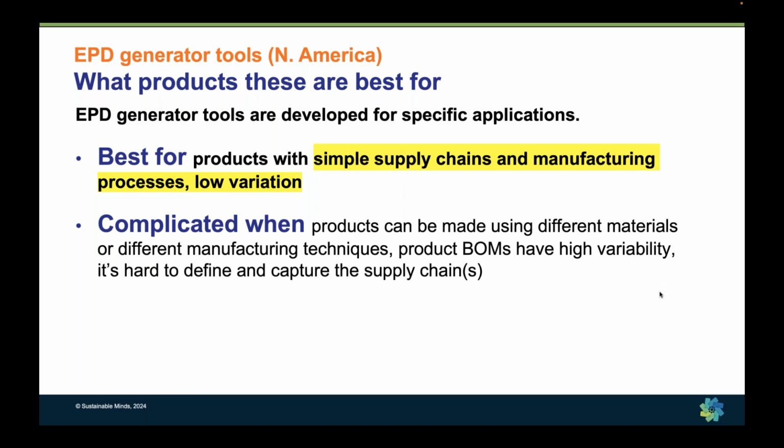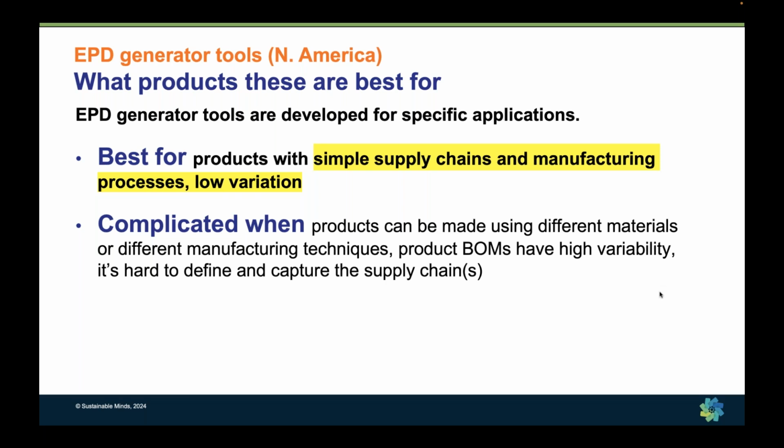So think additives, different applications, type of product add-ons, where it's hard to just capture one or a few common supply chains for that product category. And I think it's important to think of this from a reviewer's perspective. So if there are only a handful of possible inputs which are expected to be within some certain range, it's much easier for that reviewer to verify the correctness of those EPDs since there's low variation amongst them.